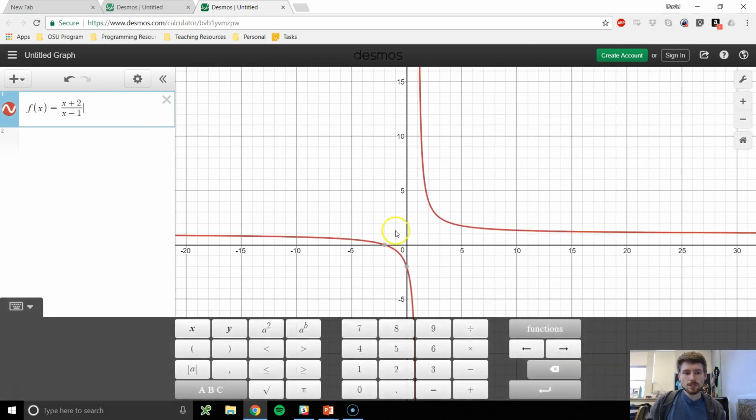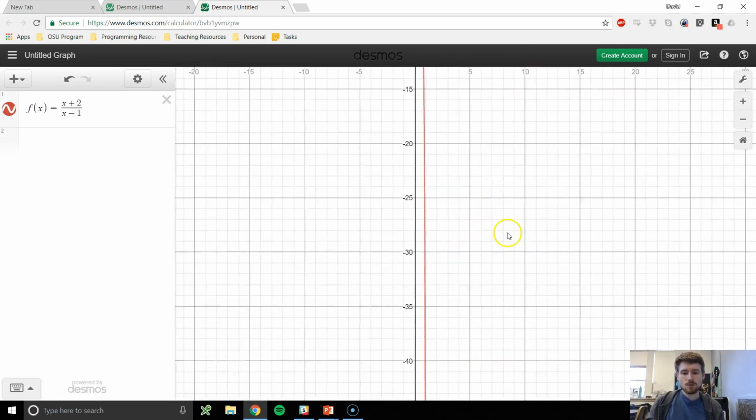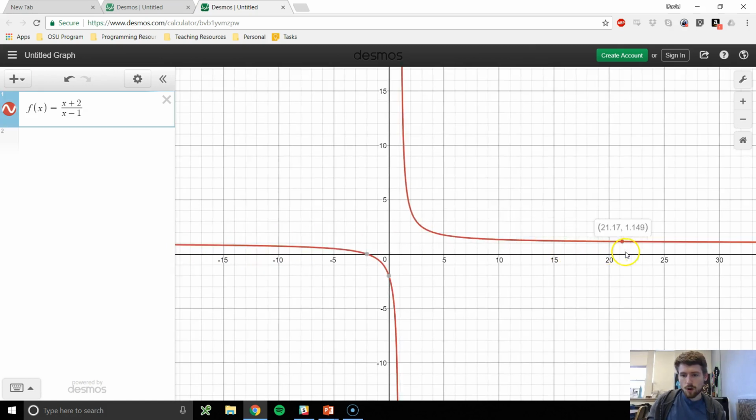And here's x plus 2 over x minus 1. We can see that, yeah, it does in fact pass the horizontal line test. We don't have any weird blips where it U's out somewhere. And we've got this weird bit where it never hits 1 as our y value, but there's no overlap, right? Everything on this curve has a y value less than 1, and everything on this curve has a y value more than 1,